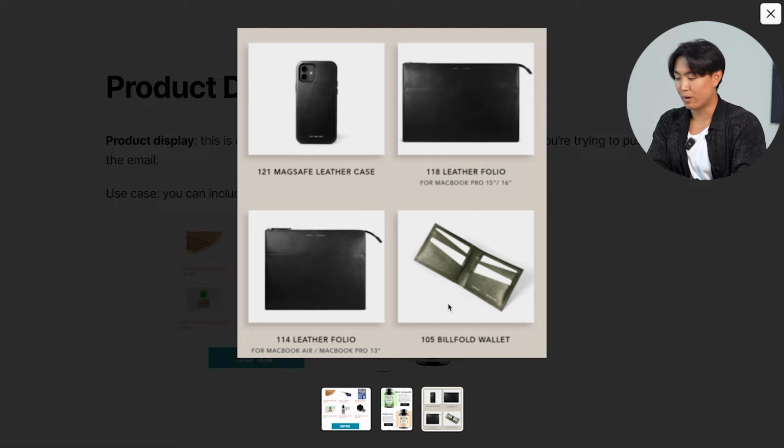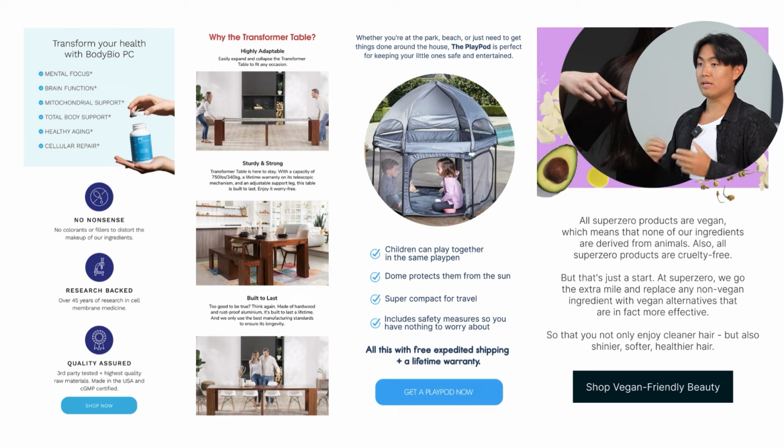Whereas here, a 2x2 made sense because it's able to display the product image as well as the title of the product without taking up too much space or making the text too small, etc. The next building block of emails that's also super crucial is benefit highlights, right? And this is quite interesting because you can either convey this through text or you can convey this in the